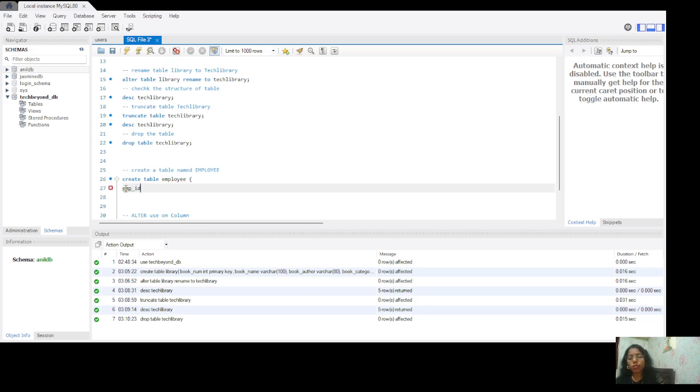Suppose employee ID will be there, that should be integer data type, then primary key. Okay, we need to define the column, then employee ID done, employee name, it will be varchar data type, then size will be, suppose we are keeping 70, any number you can take, then employee department, DPT, we are taking varchar, then data type size 50 max, then comma,